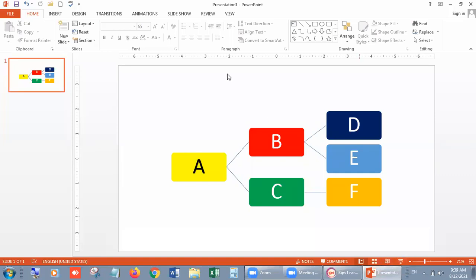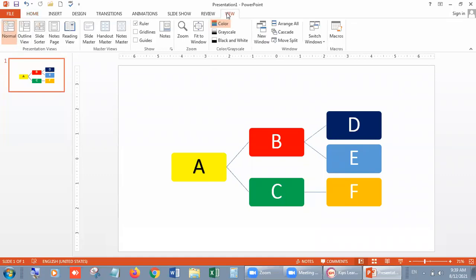We have 4 views, and you can see all the views in the View option. You can see normal view, outline view, slide sorter view, notes view, and reading view. Here we have 4 more options except normal view, because normal view is by default. Whenever you open PowerPoint, you will have normal view.